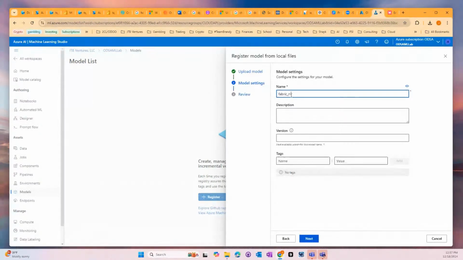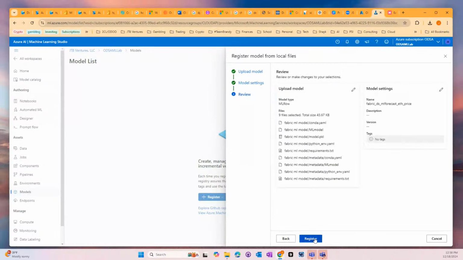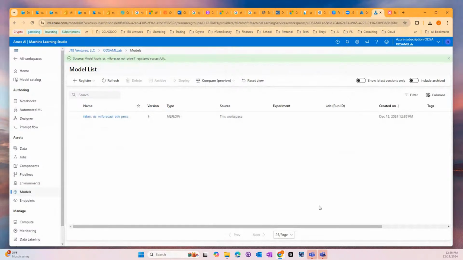Fabric ML or DS Machine Learning or Forecast ML Forecast ETH price. We'll just call it that. Okay, upload model. Seems to be successful. Now we have some more options here. We've uploaded this model. You can see that there's now an